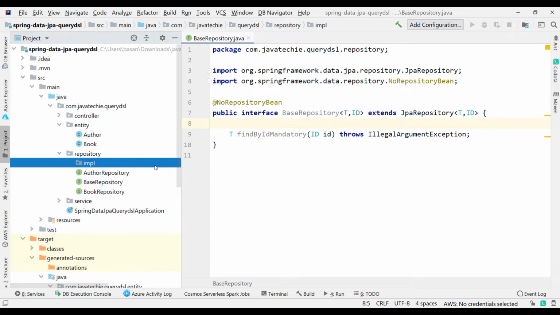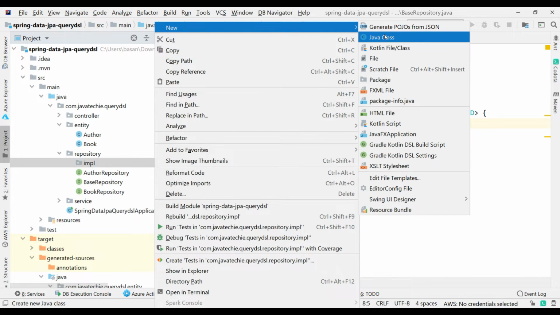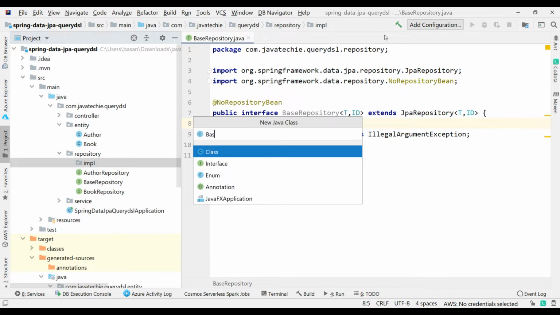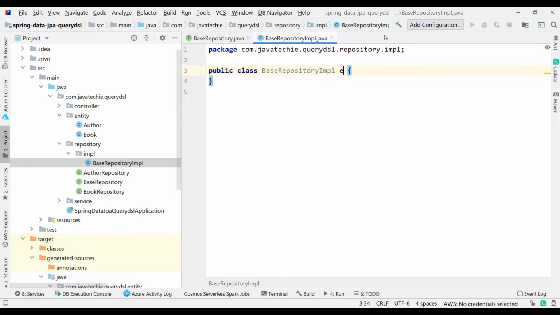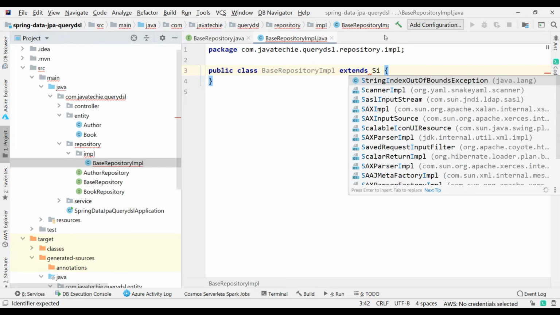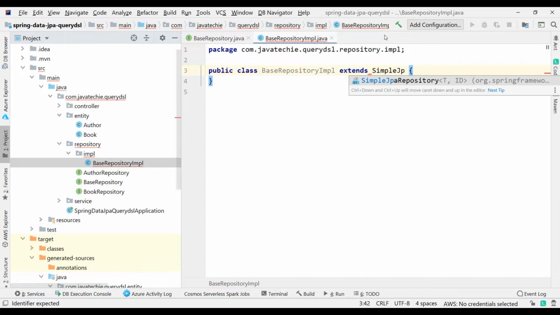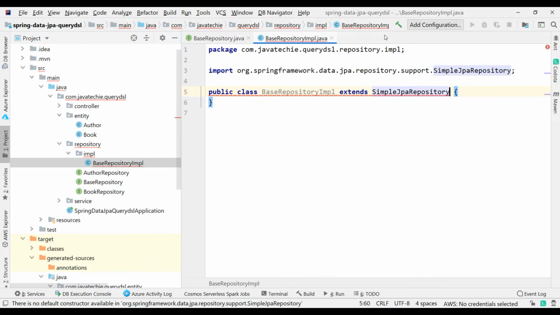Inside that I will create a new Java class, BaseRepositoryImpl. I want to extend from SimpleJpaRepository so that this BaseRepositoryImpl can provide the JPA support as well as the QueryDSL support.